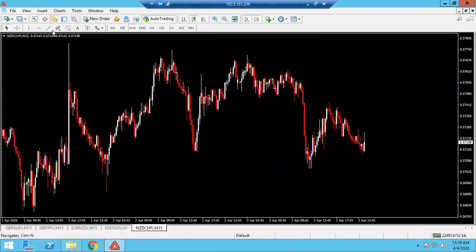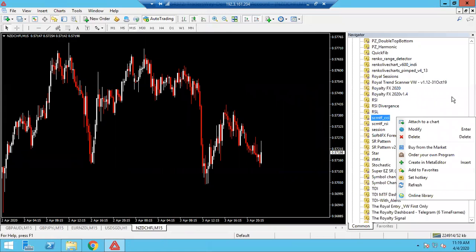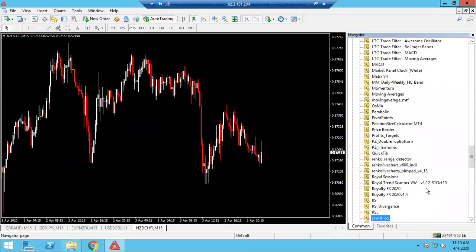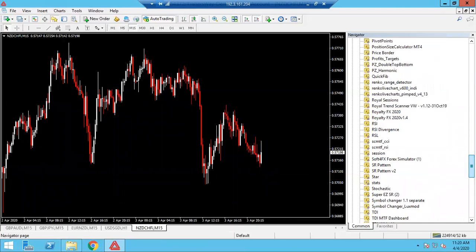Over here in your navigator window, you're gonna right click in this white space here. You're gonna click on Refresh. Okay, once it refreshes,